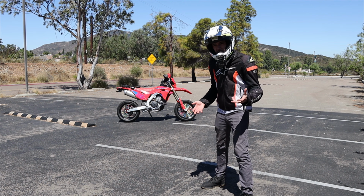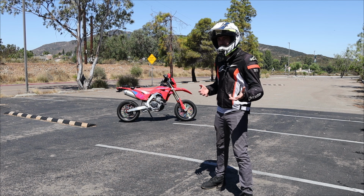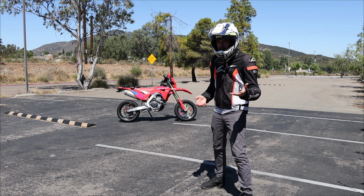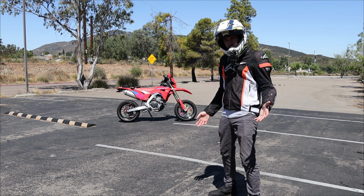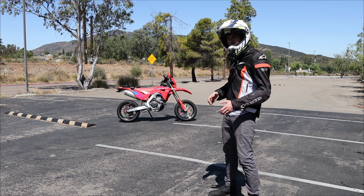So to test this, the Bible recommends a stretch of road or dirt that has a healthy number of different bumps and sizes with roundness and sharpness. So no better way to test that, at least for a street setup, than a school parking lot. So right here I have a series of speed bumps. As you can see right there, there's several more behind me, and I'm going to go over them at a